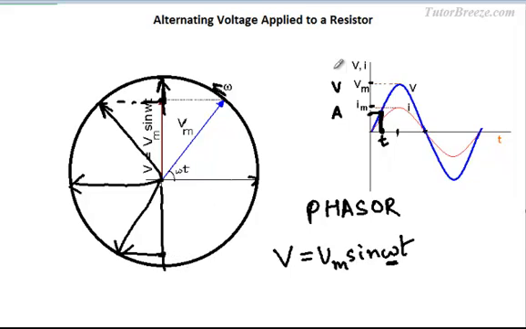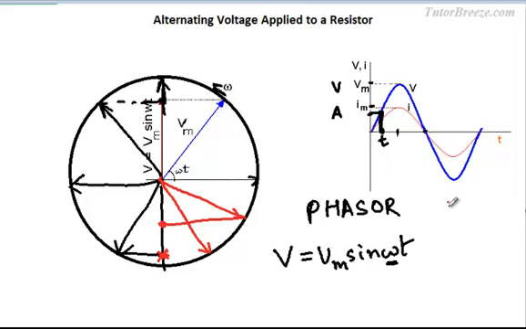You might have already studied this in SHM. So the projection is here. If the vector moves to a point over here, then this is the projection. If it moves over here, then this is the projection. So you can see that as the point moves on the circle, its projection on the y-axis is executing SHM with the amplitude given by Vm. So this sinusoidally varying curve can be represented by this phasor.